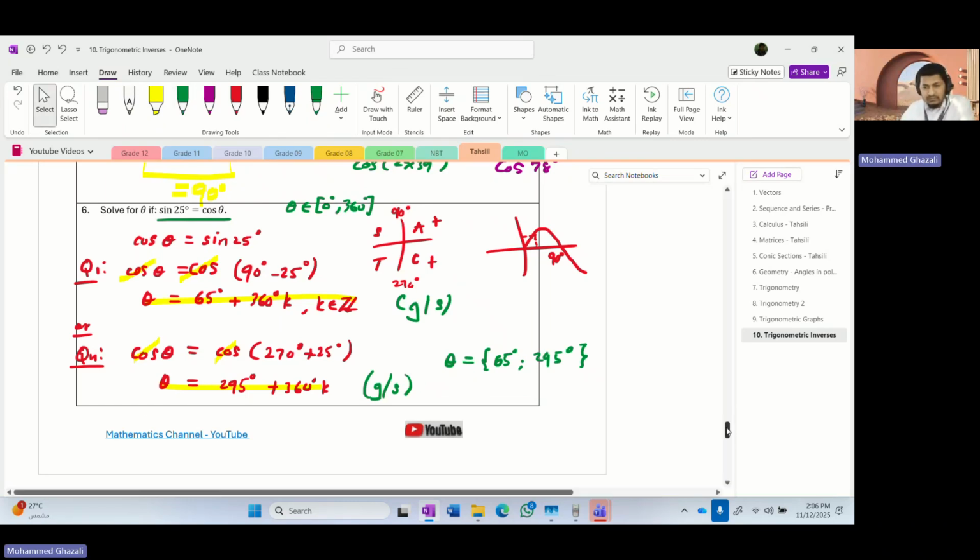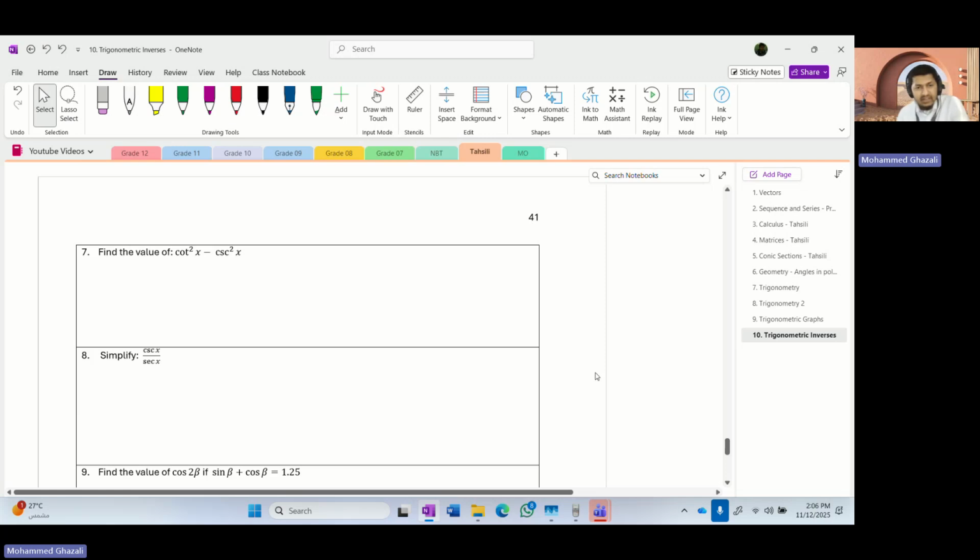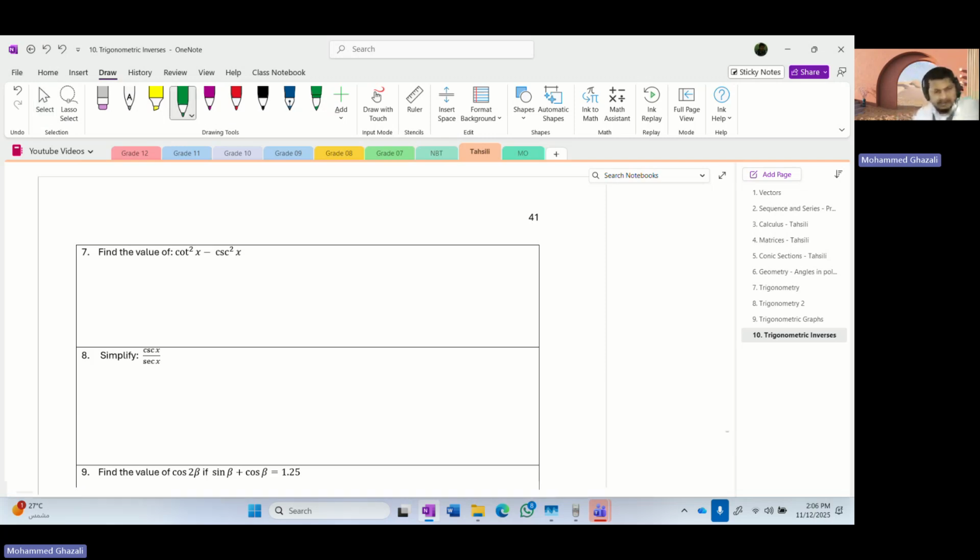Moving on to the next question. Find the value of cot squared minus cosec squared. I think this is an identity, should be 1, but let's just double check. Let me expand cot. That is cosine squared x over sine squared x minus cosec squared, which is 1 over